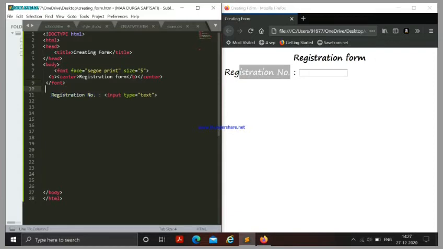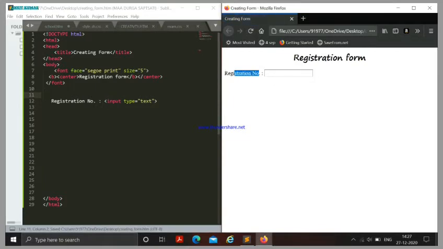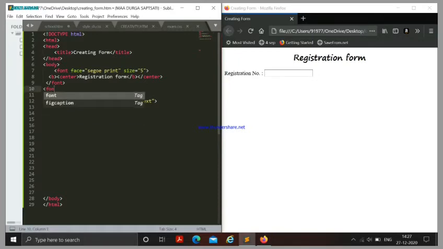And we have closed the font tag. And then we will put another font tag to style the rest of the text.